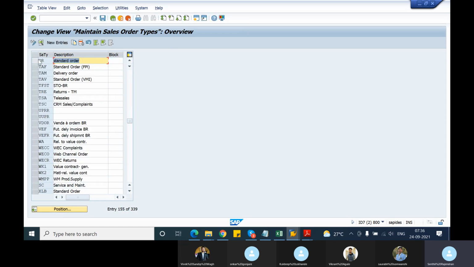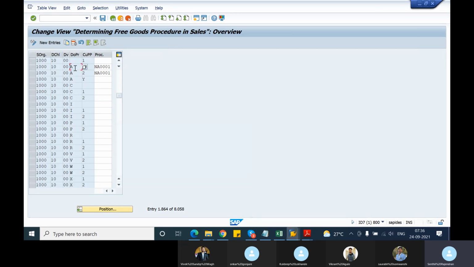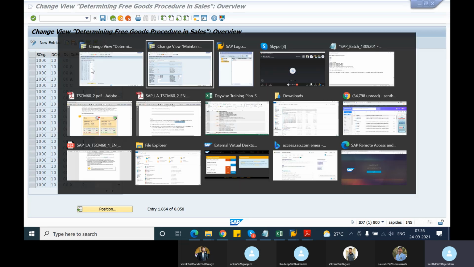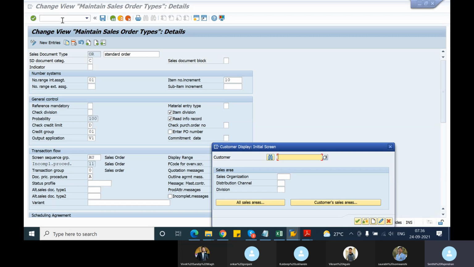So for standard sales order OR, you can go to the details and you can see the document pricing procedure which is assigned here is A. So this is what would be used here. This is the document pricing procedure A and our customer's pricing procedure. So for our customer, whatever we are using in the instance, for example, to create a sales order